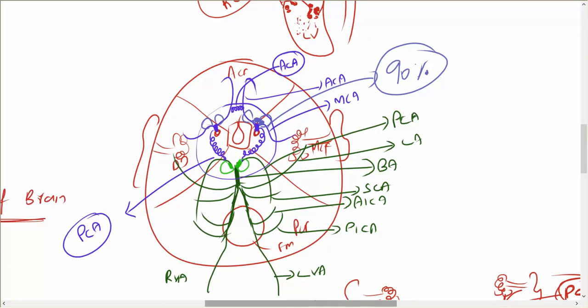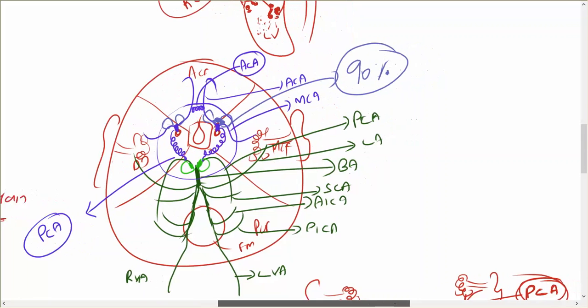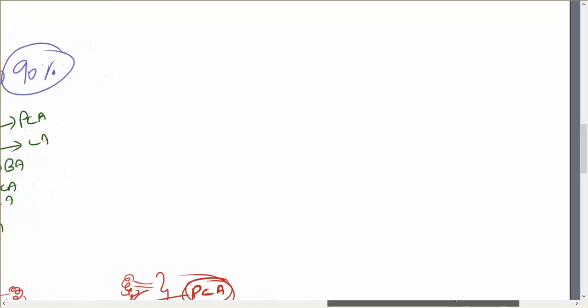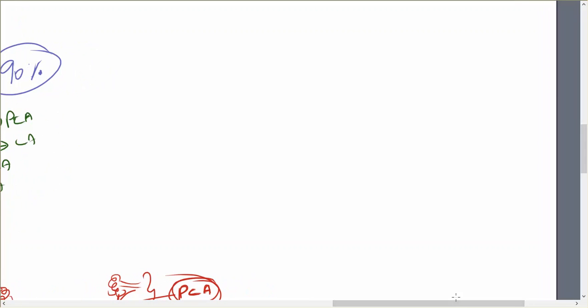Okay, so now we discussed posterior circulation, then anterior circulation, and now the communication between the anterior and posterior circulation, as well as the communication between the right and left anterior circulation. Now let us see how these blood vessels are going to supply inside the brain. For that, I'm going to draw the brain in 2-3 different sections. So let us take